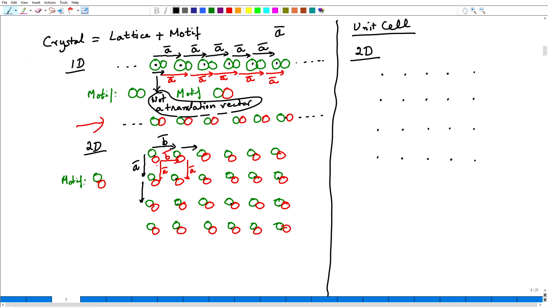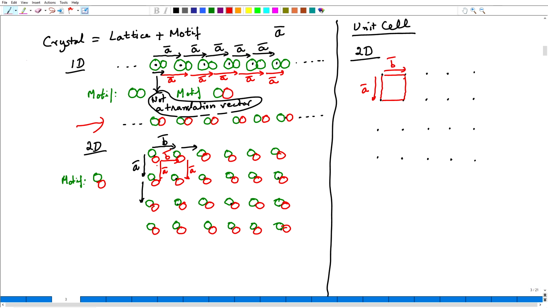So, here is a two dimensional lattice. In order to describe it, I will describe it by defining a small unit. So, one such unit that I can describe is a parallelogram. It looks more like a square or a rectangle here, but it could be any arbitrary parallelogram. So, this is one such example. Now, what does it do? So, let us say my translation vectors are A and B.